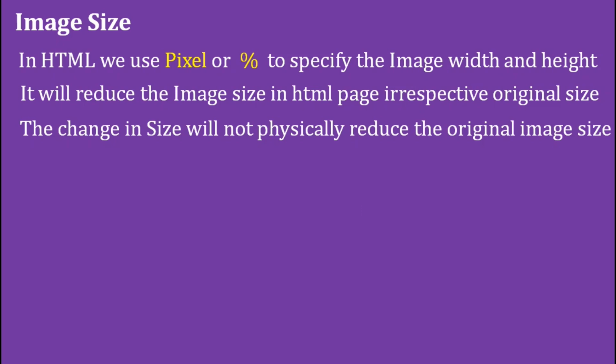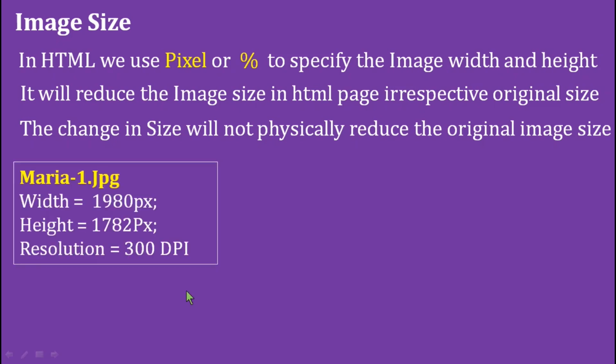In HTML we use pixels or percentages to specify the image width and height. It will reduce the image size in the HTML page, whatever the size of our original image. But it will reduce the image in the web page only, and it will not physically alter or reduce the original image size. We saw that the image has a width of 1980 pixels and a height of 1782 pixels,